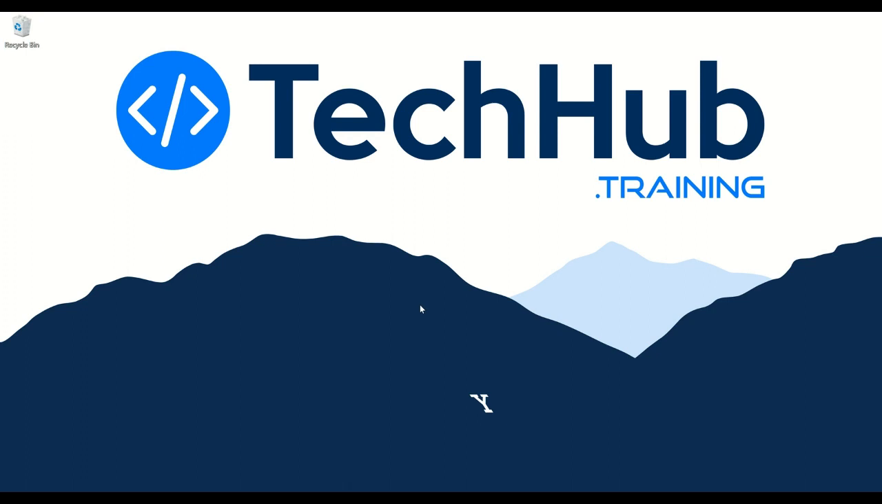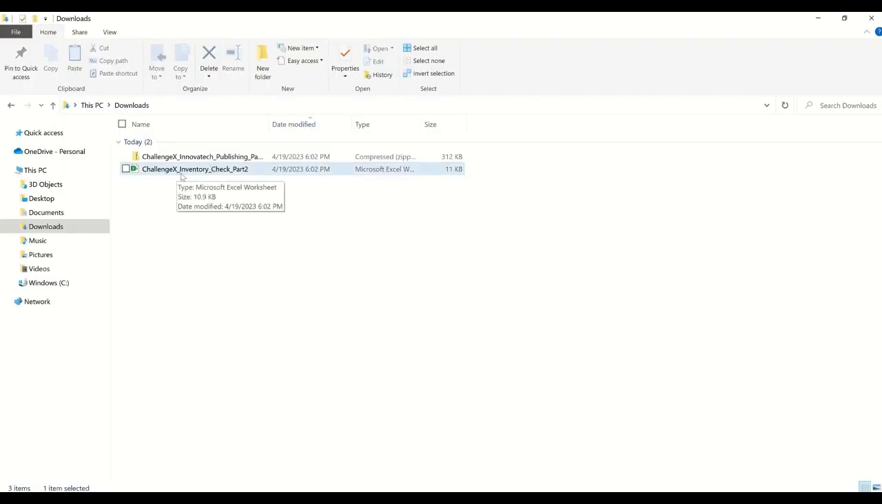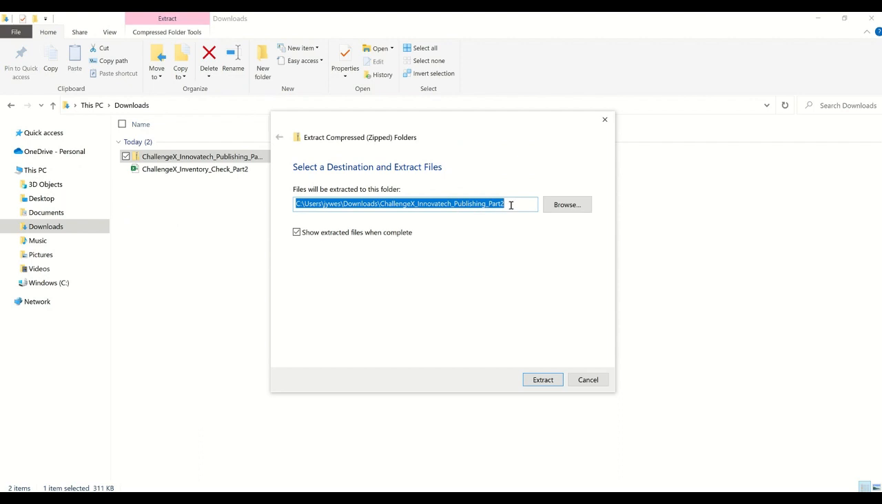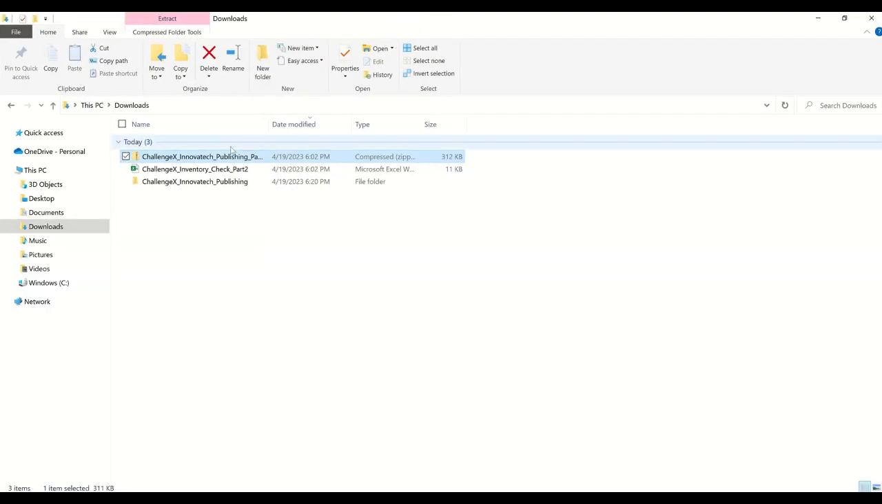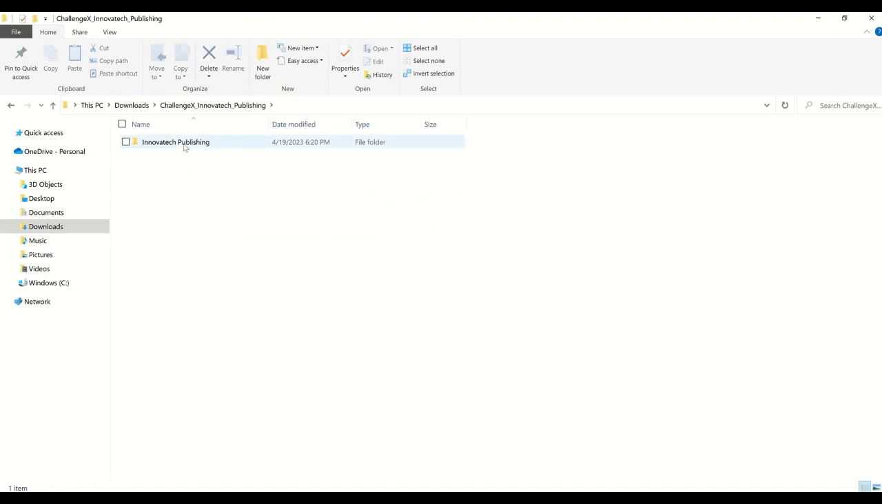Alright, so from the instruction page and the challenge website, we will receive two downloaded files. One is the Challenge X Inventory Check Part 2 Excel file, and the other is a zip folder. This contains all of the different barcode pictures that we'll need to go through using PyTesseract. However, in order to do that, we need to extract them from the zip folder. Now that that's done, inside we'll see that we have the folder for which company we're going through, which is